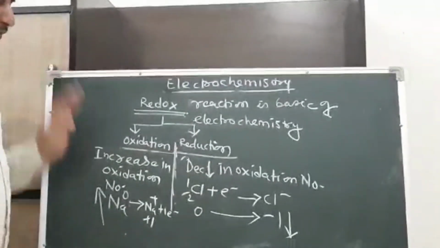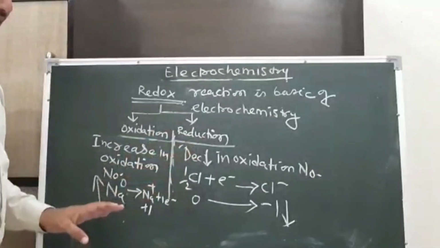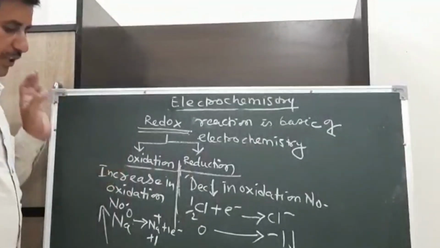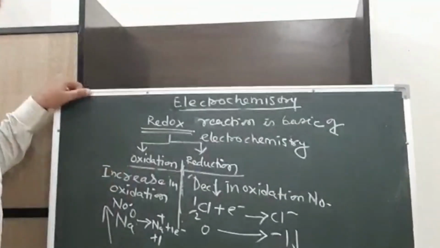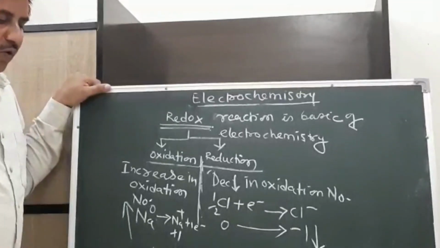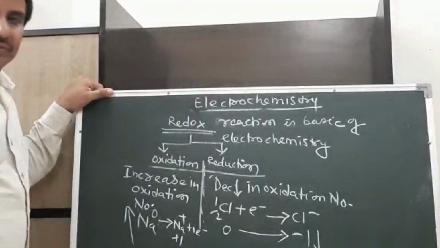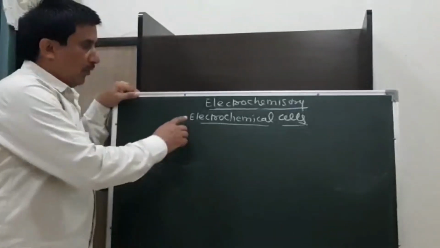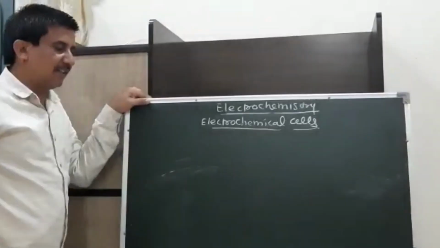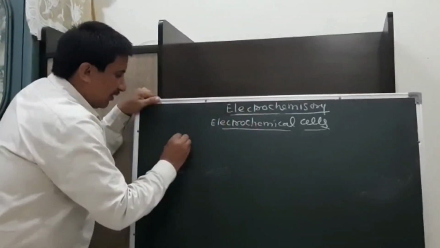Okay, so this was the oxidation and reduction in terms of oxidation number. After this we will try to study how the electronegativity affects the charge on any element. Now under electrochemistry, electrochemical cells are studied. Electrochemical cells: a system consisting of